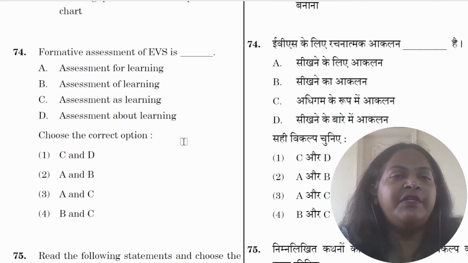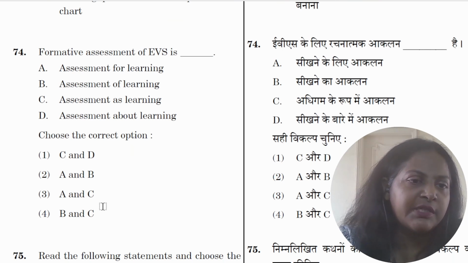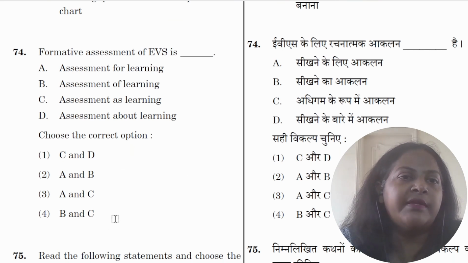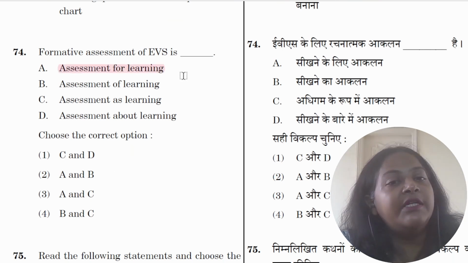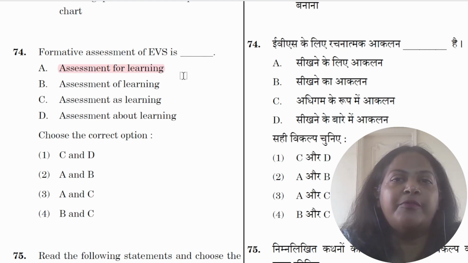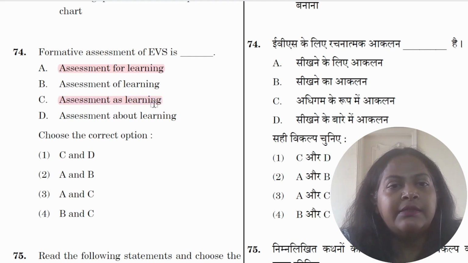Formative assessment of EVS is, so the options there are two, so any two of this is there. Assessment for learning or AFL is definitely a part of formative assessment, and assessment of learning is no, so B will not be there. Assessment as learning will also be a part of formative assessment. So we have our two, A and C, so 3 will be the correct answer.